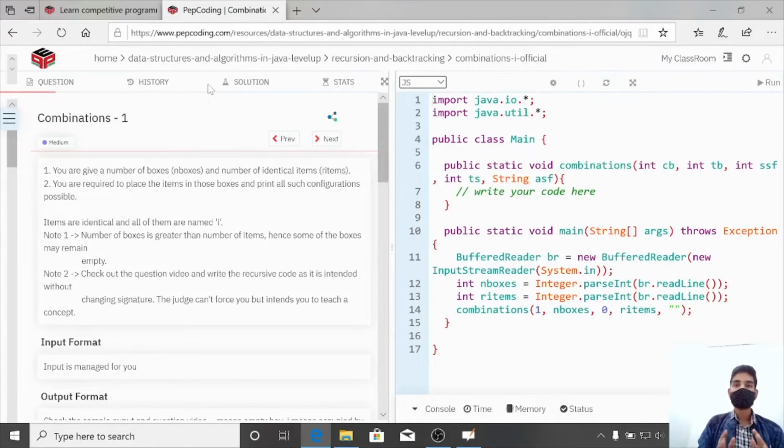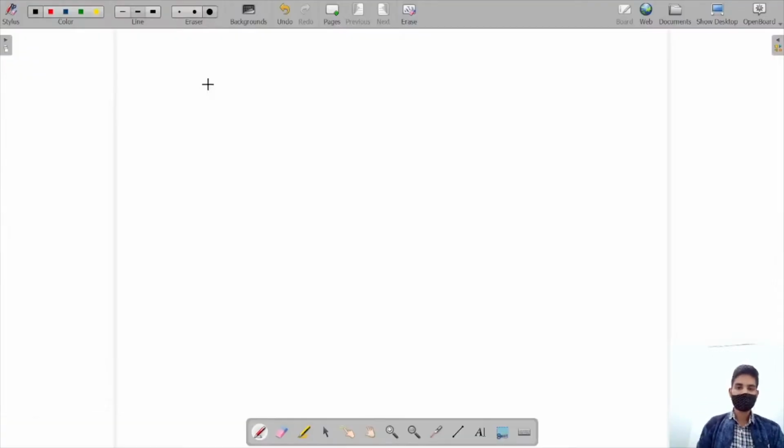Hi guys, today we are going to see how to generate combinations. So what are combinations? We will talk about permutations also, because permutation is not included in this question, but we are going to talk about permutations and then combinations. So let me tell the question statement. What is the question asking us to do?